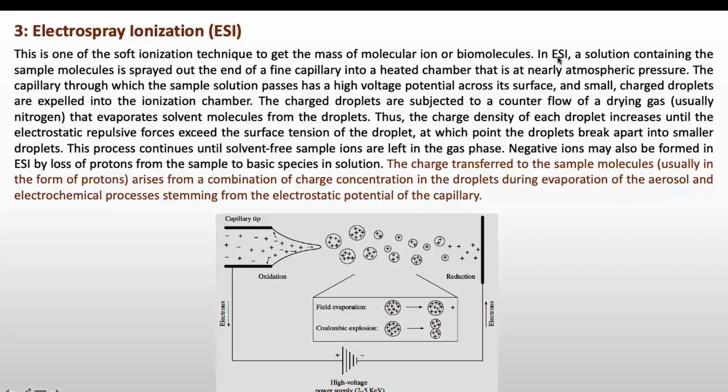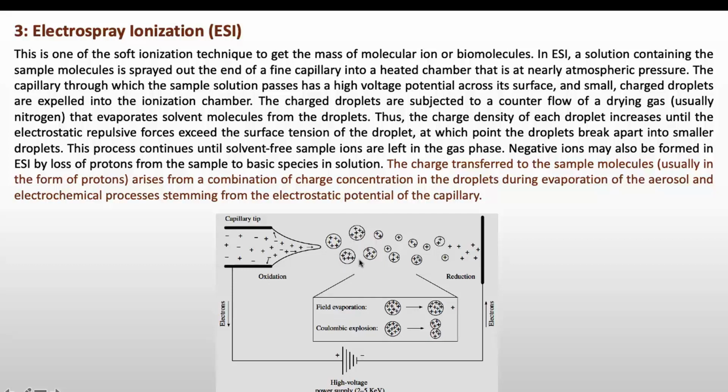In the ESI or electrospray ionization method, a solution containing the sample molecule is sprayed out of a fine capillary into a heated chamber that is at nearly atmospheric pressure. The capillary through which the sample solution passes has a high potential across its surface, and small charged droplets are expelled into the ionization chamber like this. The charged particles are subjected to a counter flow of a drying gas. Usually we use nitrogen gas as the drying gas here,